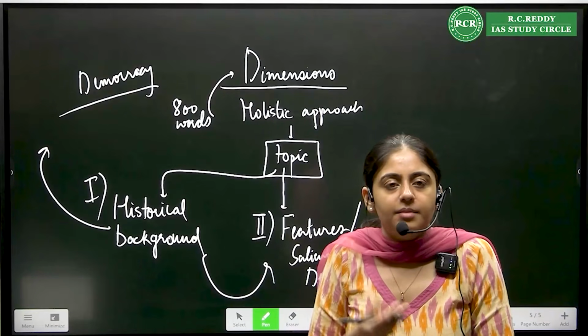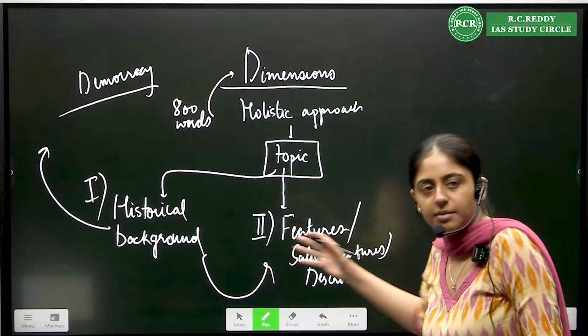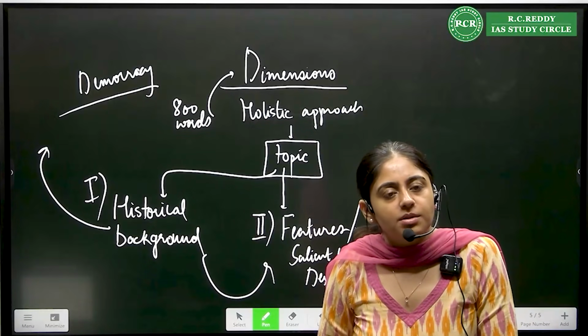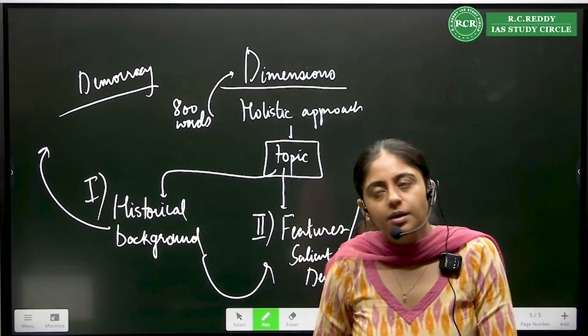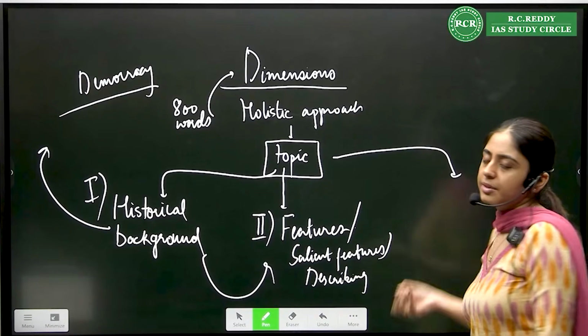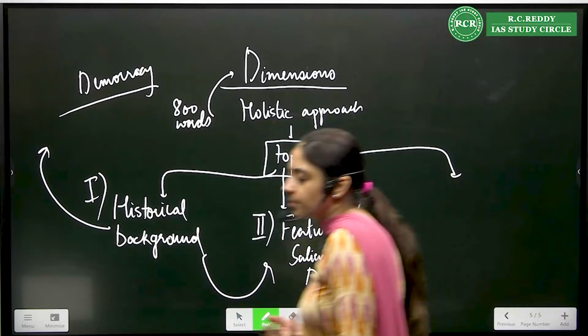Because if you randomly start writing without thinking about which dimension will come first, which will come second, which will come third, in 2 pages you will exhaust everything. You won't be able to think beyond it. Right? Okay. Then after you have written features of something or the meaning of something, salient features,